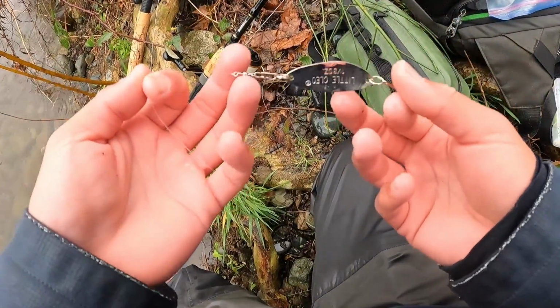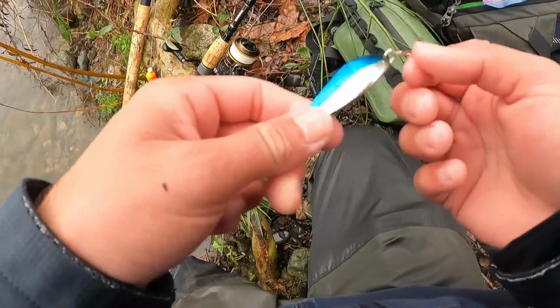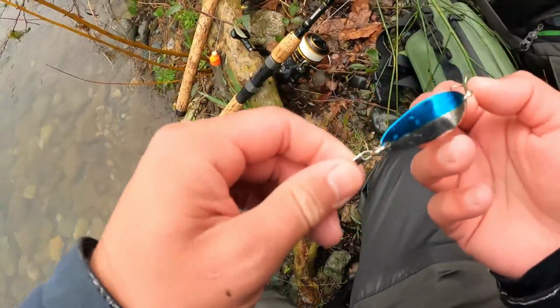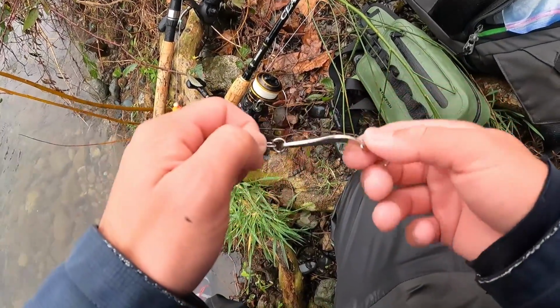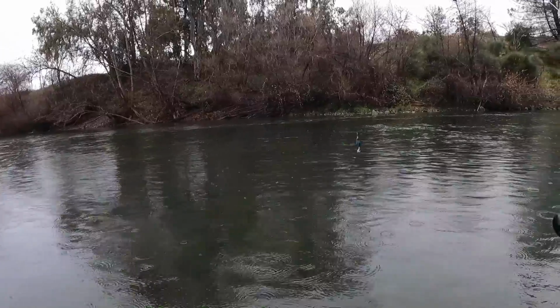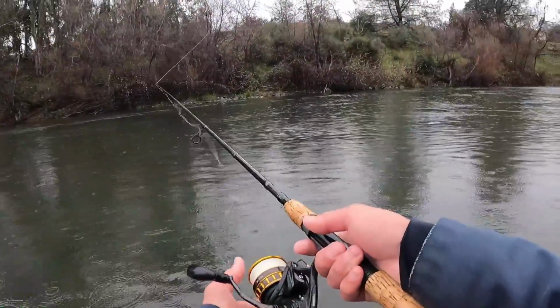All right, we're going for the home run here. Tying on a little Cleo. Make sure those barbs are clipped. Blue and silver. This is a 1/3 ounce. Let's swing this one through the little hole here, and hey, maybe if we're lucky, maybe we'll knock out two birds with one stone. These spoons are a little bit different than float fishing, and like I said, I never caught one on a spoon before, so I'm definitely no expert, but